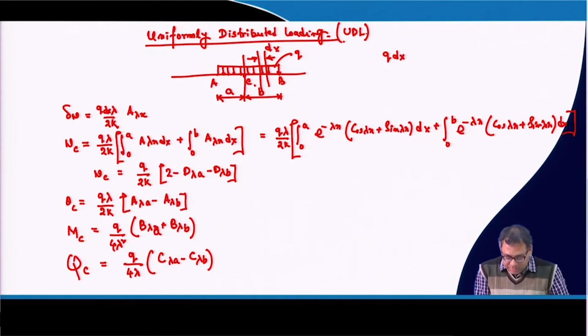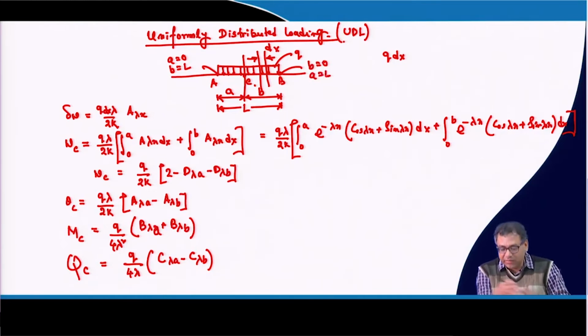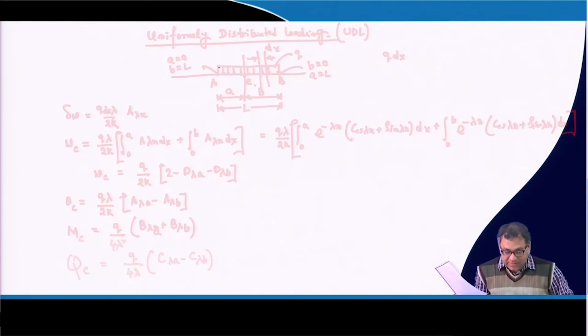And another thing, in this equation you have taken A and B. Suppose A is equal to 0 and B is equal to L, then it is at point A. So, at point A, A is equal to 0, B is equal to L, and for point B, B is equal to 0, A is equal to L. So, if you put these values, you will get the deflection and the other quantities at the edges of the loading also. So, these are the cases for different loading conditions, and now I will go to the semi-infinite beam,